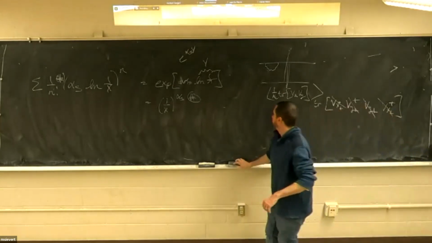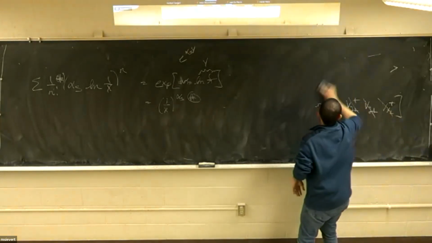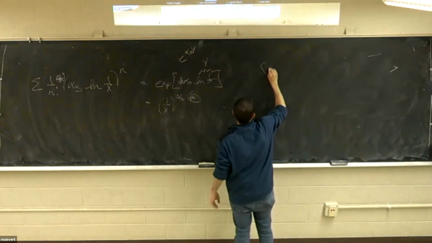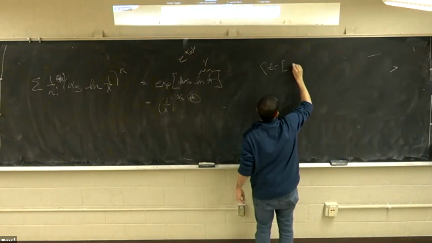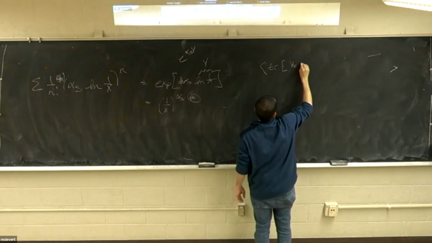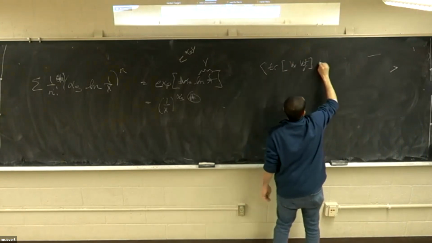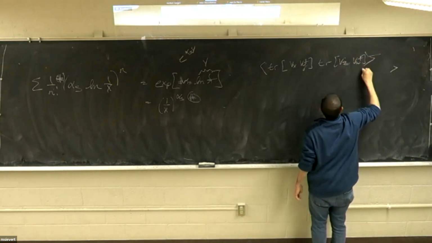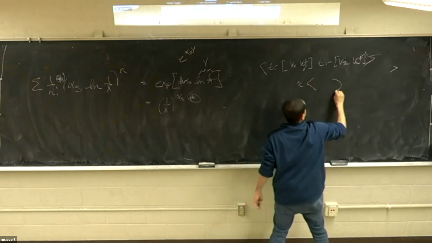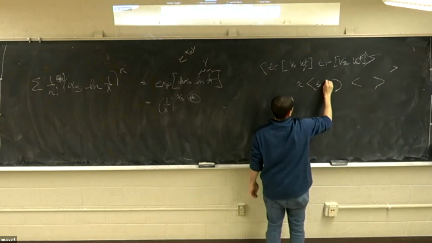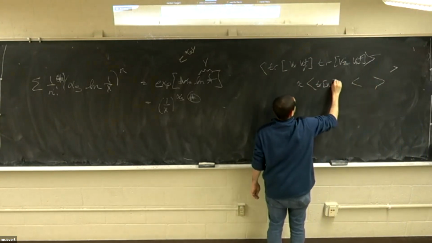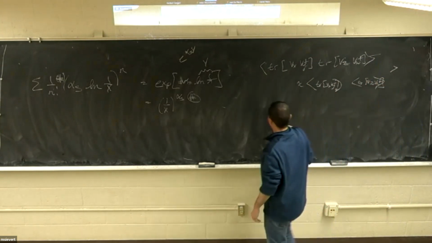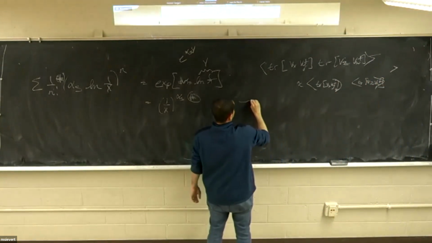If I go back to the board, basically what I want to do to simplify my BFKL equation or my Boltzmann hierarchy is simplify my trace of two dipoles, VX, VY dagger, VZ, VW dagger, and approximate it as separate averages of those two traces. When I'm scattering in the target,